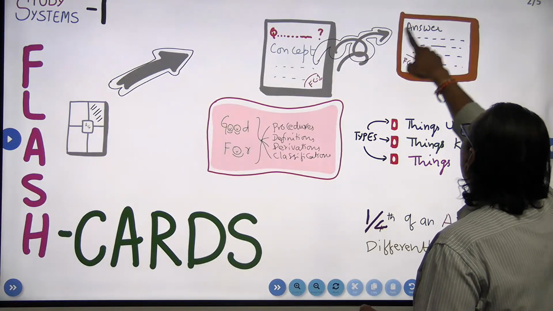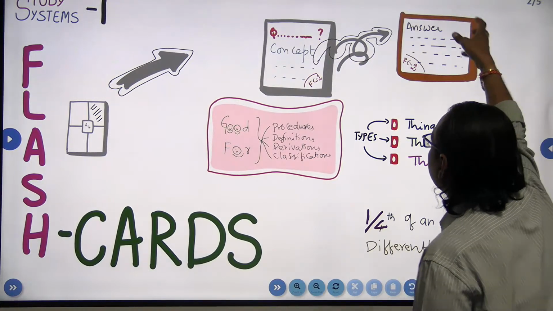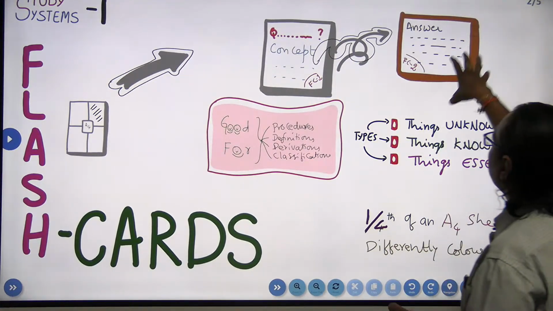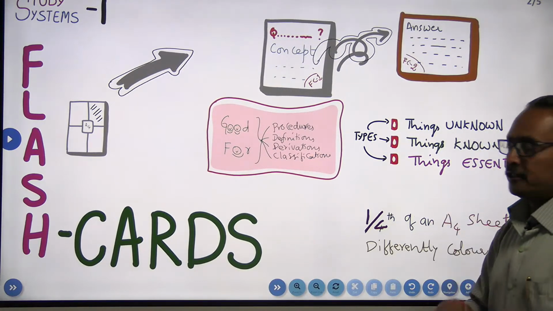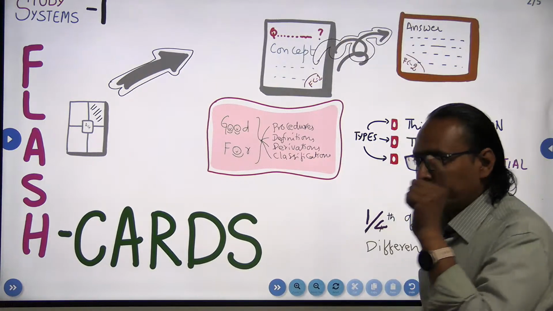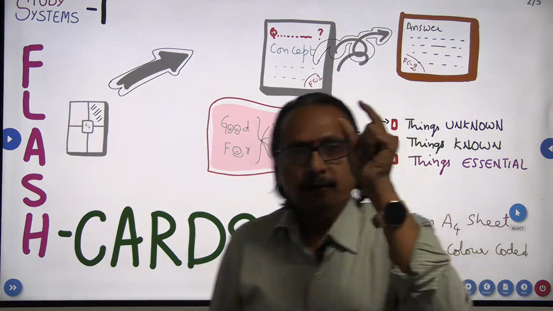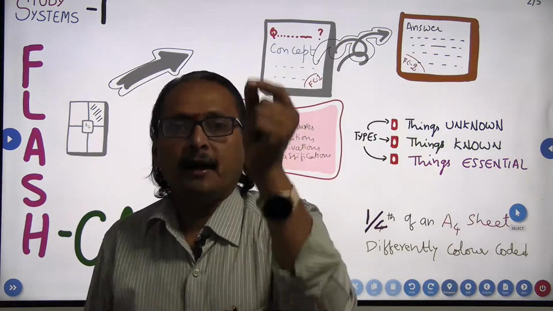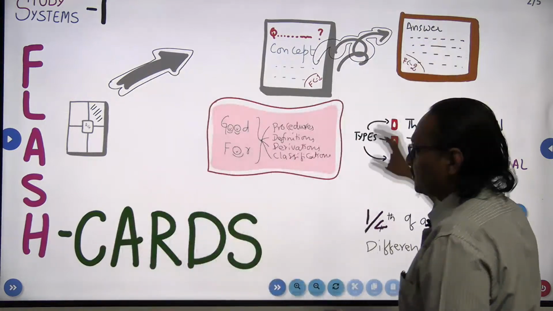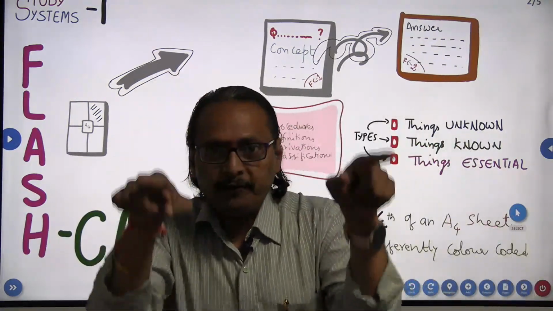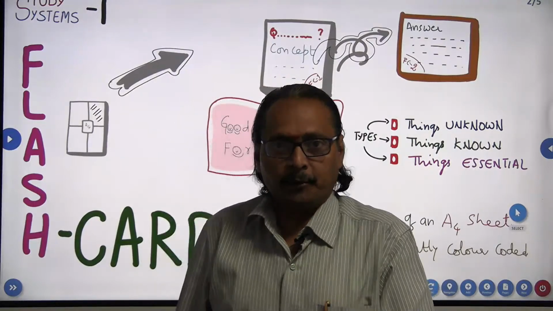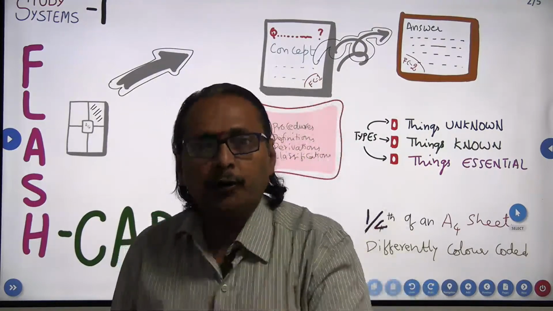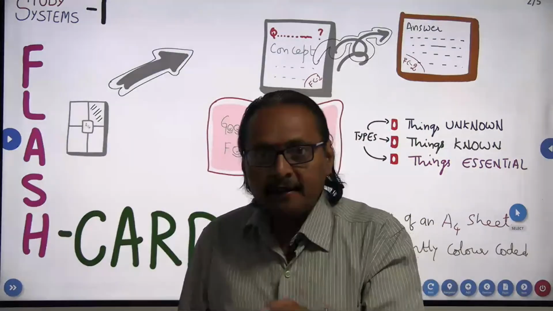After that, you have to write the answer. After your study, you must write the answer in your own way on another flashcard. So together that forms a single unit. There is a flashcard with your question or the concept at hand, and there is a flashcard on which you are going to brief the entire concept in your own way. You can use any language for this purpose, because this is going to be useful only to you. You are the recipient of this.